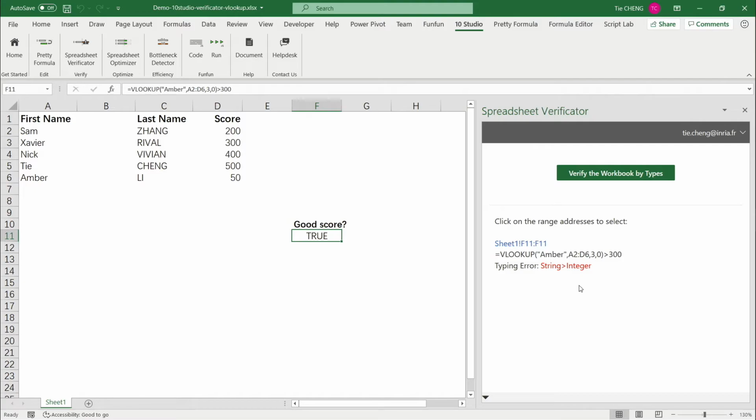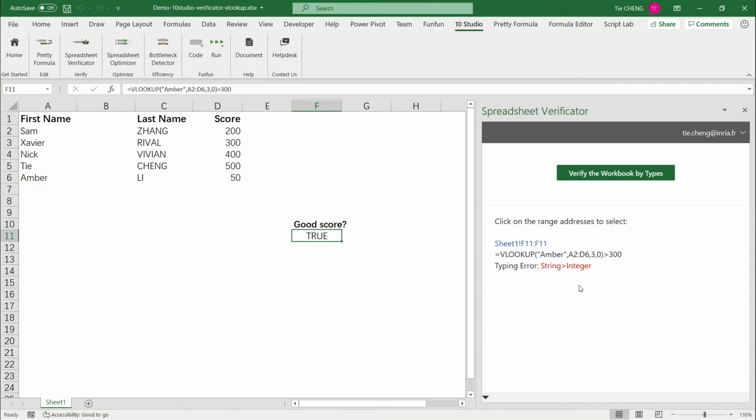It is because after inserting the column, the value returned by the VLOOKUP function is not 50 anymore. It is "Li" now. This is a behavior of formulas with VLOOKUP that many people are not aware of. People thought the formula would auto-adjust to keep the correct result following the insertion, but actually it doesn't. As a consequence, we are comparing now "Li" to 300, which silently returns false, which is not correct at all.